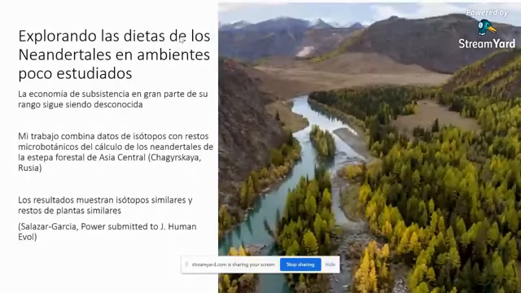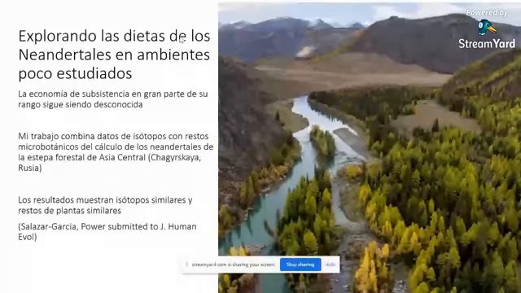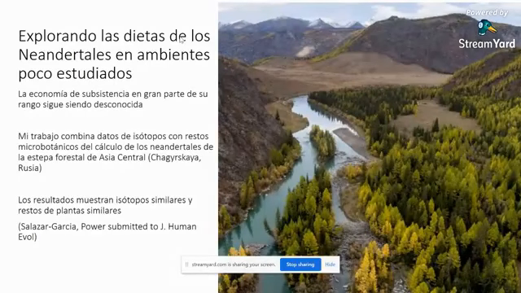We know they also occupied Central Asia. We don't know a lot about their occupational history in this region, but we think they favored transitional forest steppe and steppe environments along mountainous regions that may have been similar to their Western